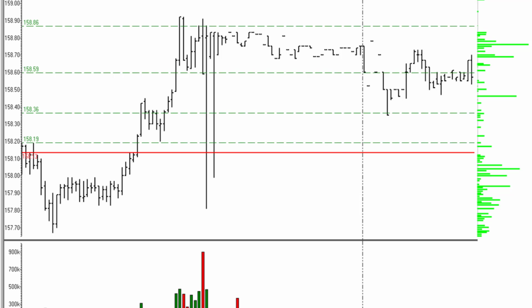So we've got that 158.60, 158.59. Sometimes the lines aren't exactly on the band drawn on the screen. And we can see going into the opening bell that we're going to open right around there. And what we want to do in this case is, since we're looking for a long side move, I want to structure my order so that I enter 158.60 as I move up through it from below, and then I'm going to target 158.86.